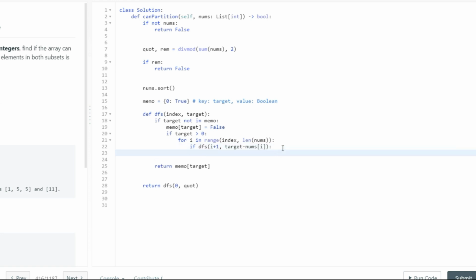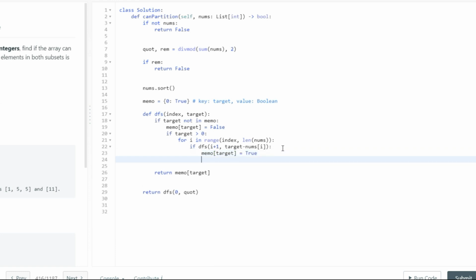And if that happens, all you have to do is update your memo[target] and call this as true, and you just need to break out in this particular scenario, because you don't need to keep on processing the for loop. So that's basically it. There's not much to it. It might take you a little bit of time to understand it, but just to give you a brief on it,